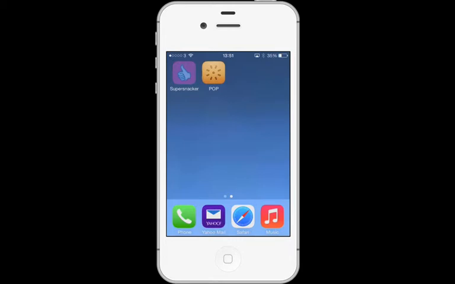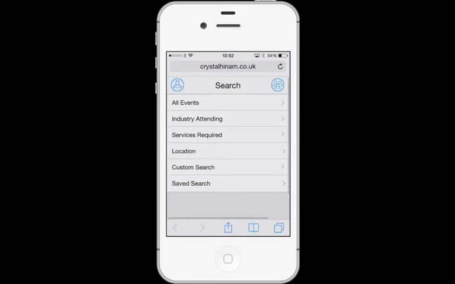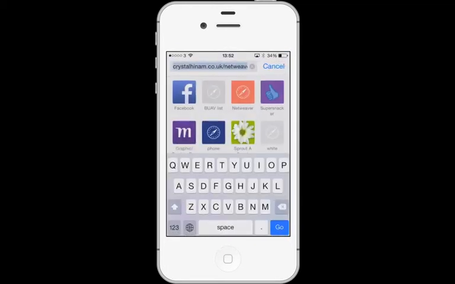I created the high fidelity wireframes in Adobe Illustrator, and then I used these wireframes to create a click-through high fidelity prototype in Axure. To access the prototype in Axure, you open your browser on your iPhone 4 or 4S, and you put in the URL